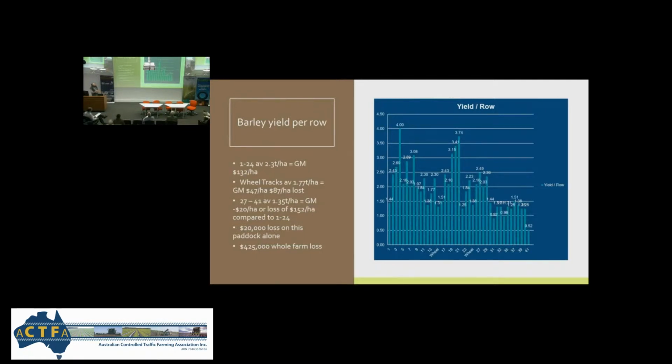This is a fence line here, so this is effectively the first pass against the fence line. You can say there's no traffic in this area. The width of the machine will limit traffic going that close. So what I did was we measured off a half metre row, snapped the heads off, weighed the heads, and converted that to yield per row. And so rows 1 to 24, excluding the wheel row, averaged 2.3